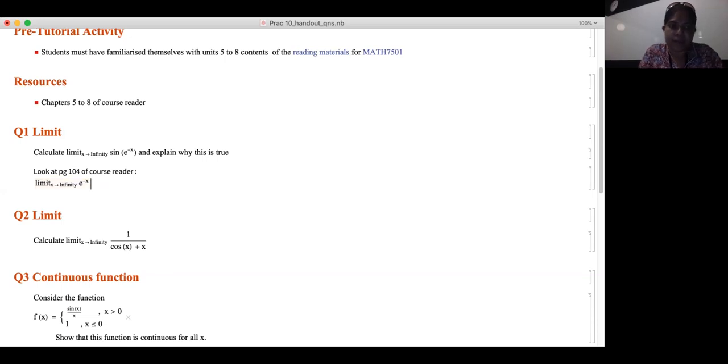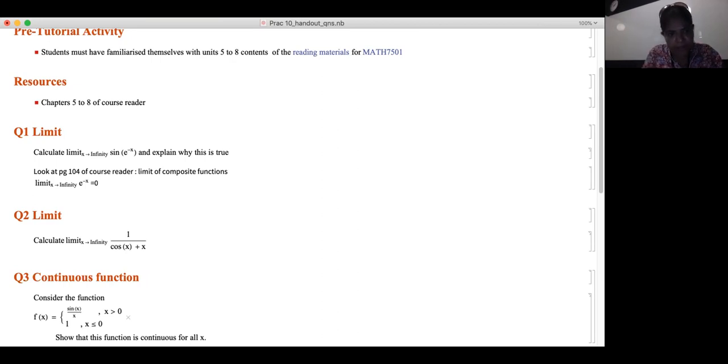Yeah, what's the limit of e power minus x as x tends to infinity? Okay. This is equal to 0. That's the first condition of that